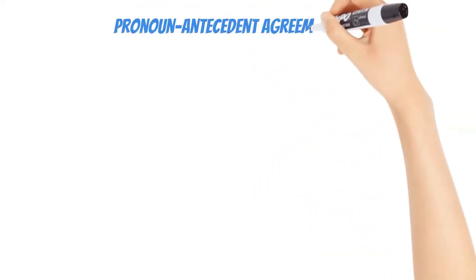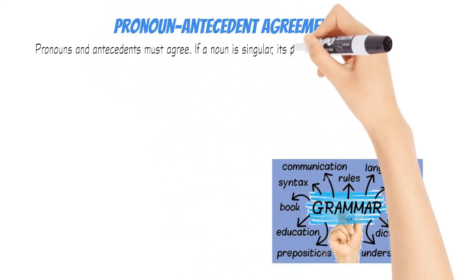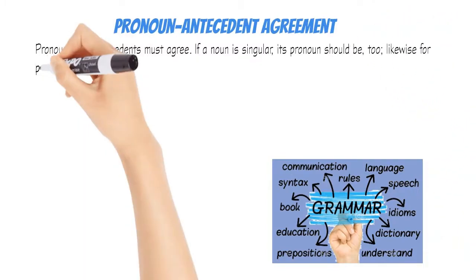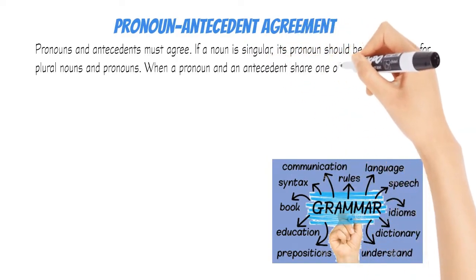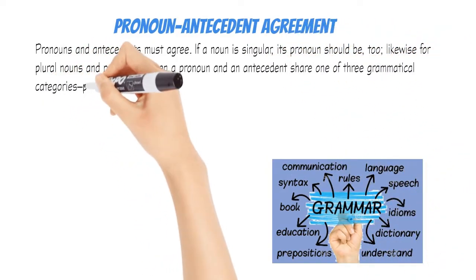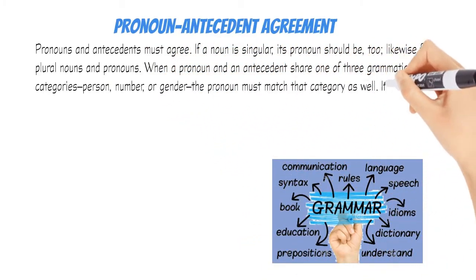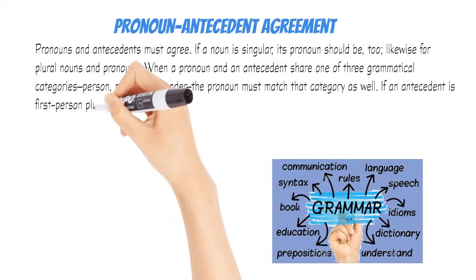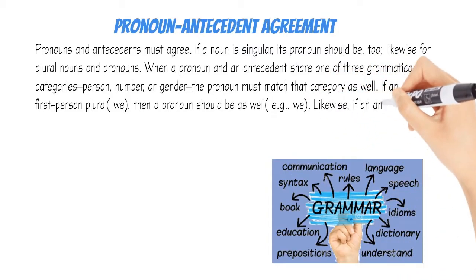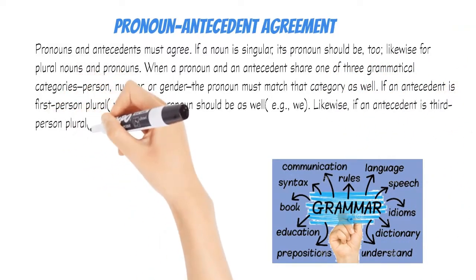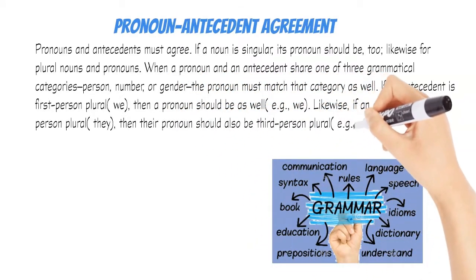Pronoun antecedent agreement. Pronouns and antecedents must agree. If a noun is singular, its pronoun should be too. Likewise for plural nouns and pronouns. When a pronoun and an antecedent share one of three grammatical categories, person, number, or gender, the pronoun must match that category as well. If an antecedent is first person plural, we, then a pronoun should be as well, e.g., we. Likewise, if an antecedent is third person plural, they, then their pronoun should also be third person plural, e.g.,